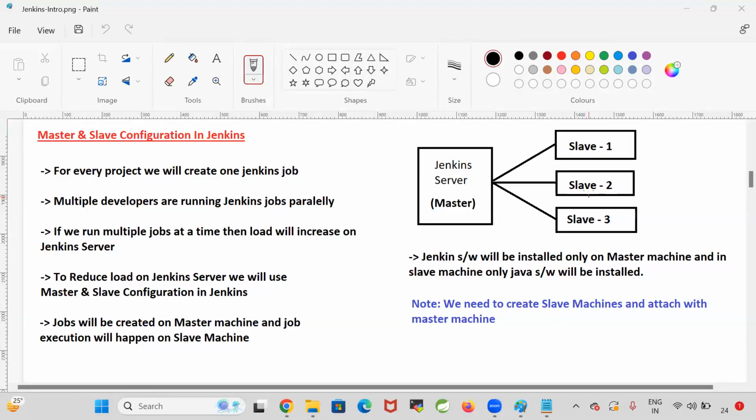Good morning, guys. In the last class, we discussed what is master and slave configuration in the Jenkins. We have taken one machine, and in that machine we are installing our Jenkins server. That machine is called our master machine. In the master machine, we have the option to create the jobs and we have the option to run the jobs